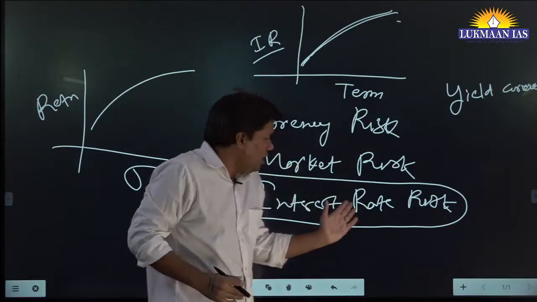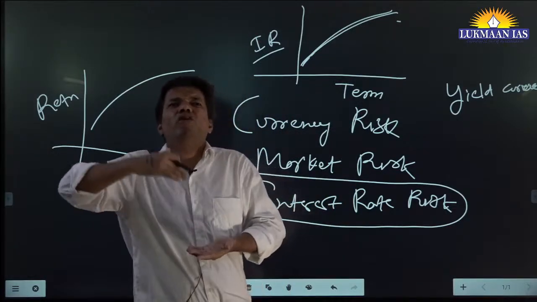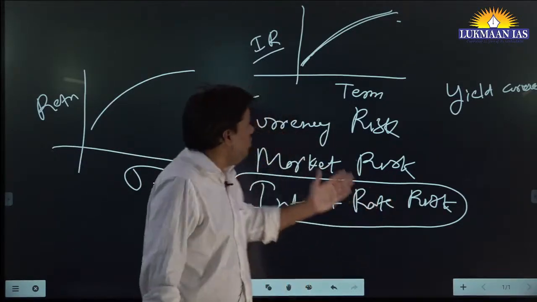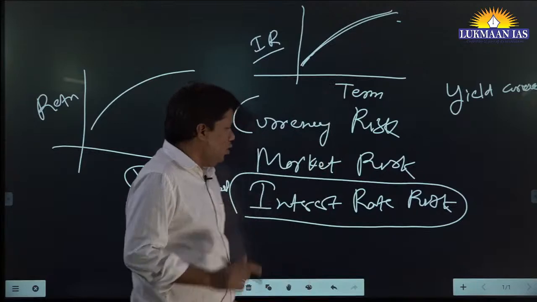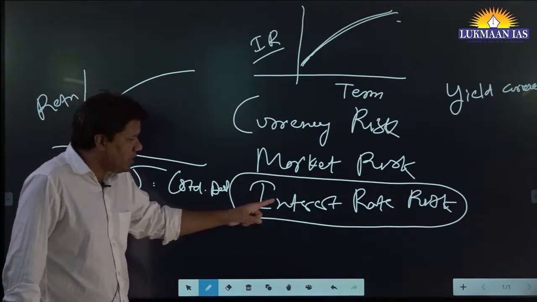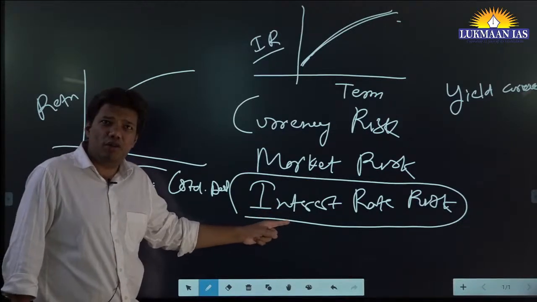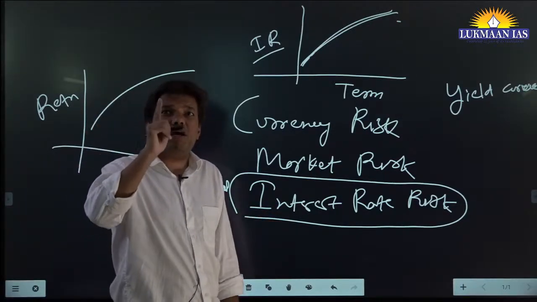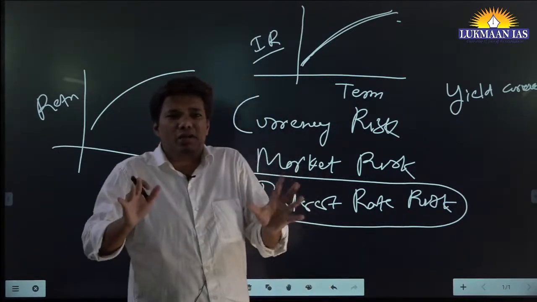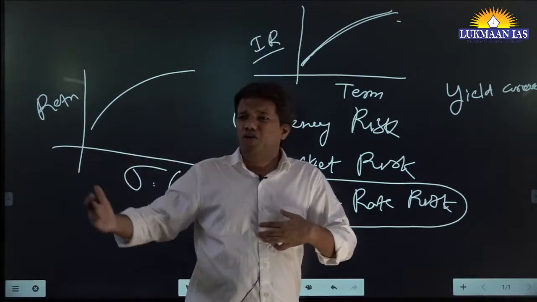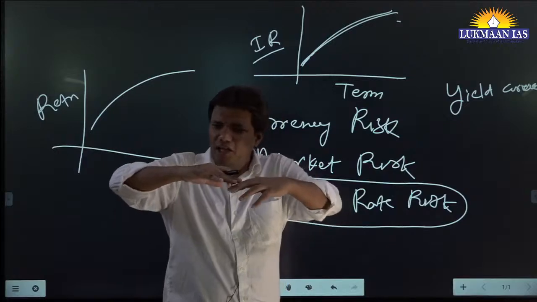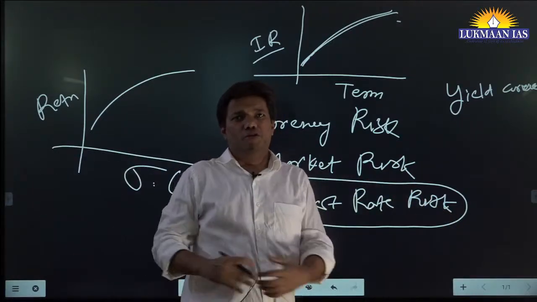Why are interest rates difficult to manage? Because you cannot predict the future. You can build in so many models, but how will you make out this thing? So what I am suggesting, whenever you are writing in the mains copy or somewhere, you must keep this in mind, even while reading the economic survey, that interest rate risks are difficult to manage. And managing interest rate risk is something even more than monetary policy. It needs an ecosystem of financial institutions. Fine.